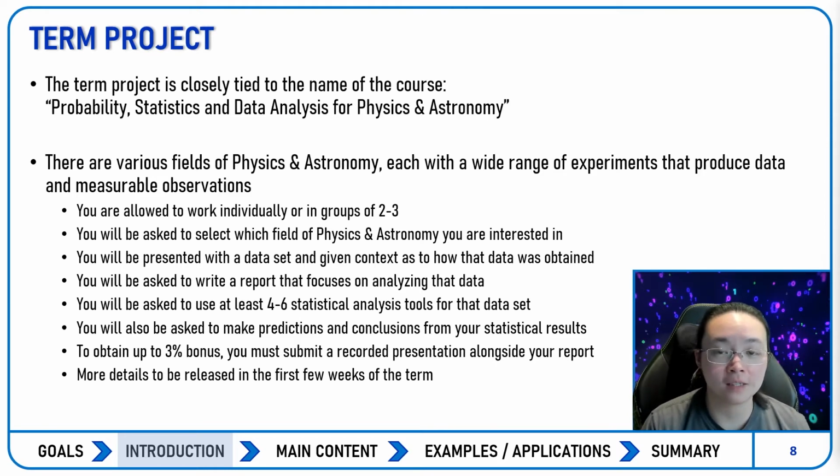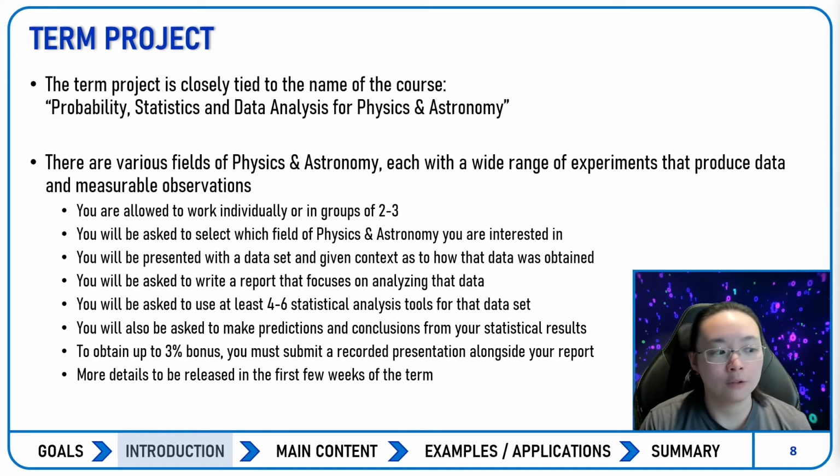You will then be asked to select which field of physics and astronomy you're interested in, as well as the data set that you're interested in. Then, once you've made that decision, you'll be presented with a unique data set and given context as to how that data was collected, just so that you know what it's about, instead of just getting a random set of numbers. For the project, the main goal is for you to write a report that focuses on analyzing that data